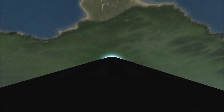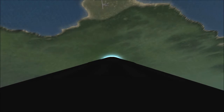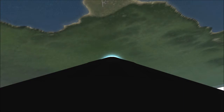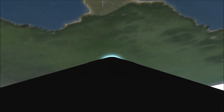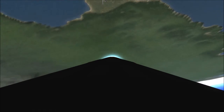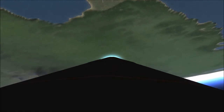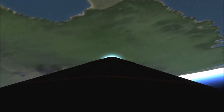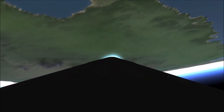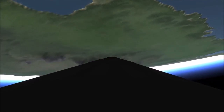So we are getting into the atmosphere here. And the KSC is starting to fade from view now as we head up into the atmosphere, as the continent of Africa rolls into view, and the curvature of the planet will soon become very prominent and very visible. We're going to have first stage cutoff in a couple of seconds here. Just waiting for that event. And we have first stage cutoff,